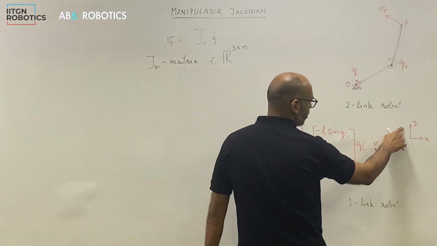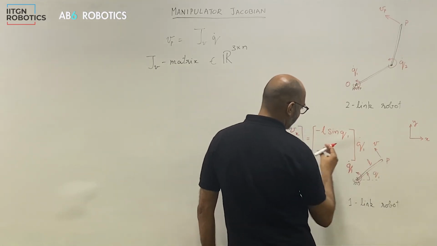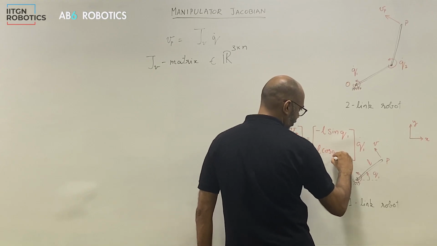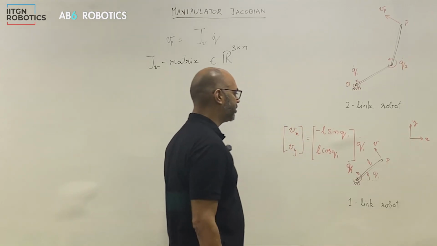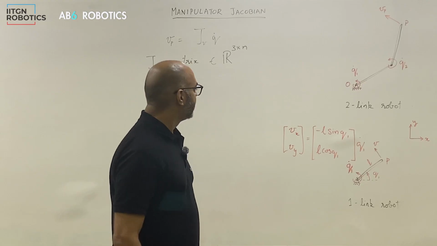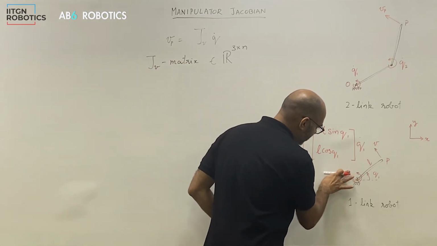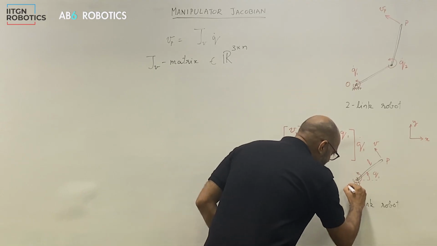And if I think about the y component, it would be the cosine theta, and it would be positive. So I would get L cosine q1 times q1 dot. So in this particular example, if I can just erase this a little bit to avoid confusion,